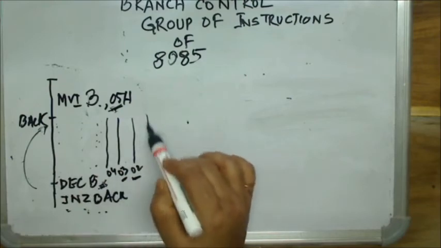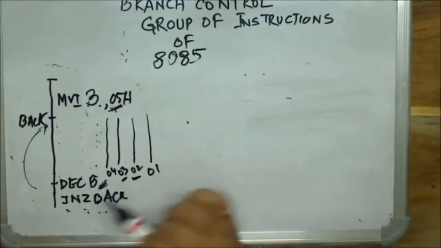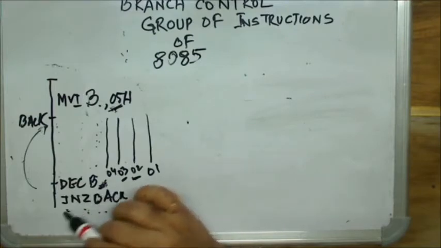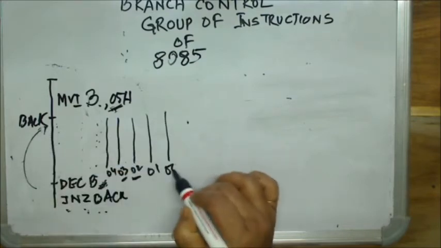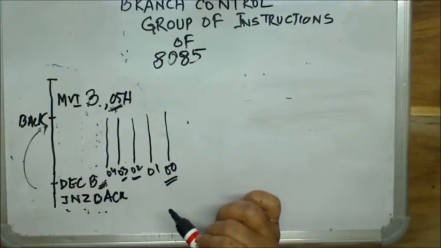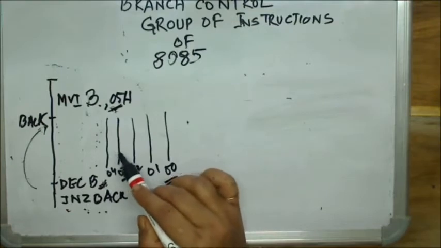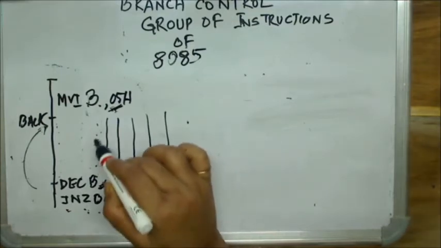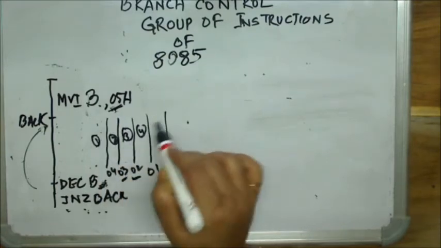After the fourth iteration, B has become 1 when it hits the instruction DEC B. Again the counter has not become 0, so it will go back, and after the fifth iteration, it will be 0. Clear? Are you getting it clear? So how many iterations have I used? 1, 2, 3, 4, 5.